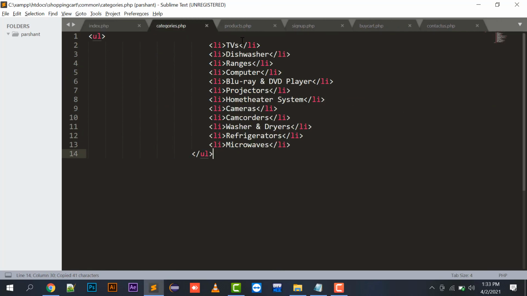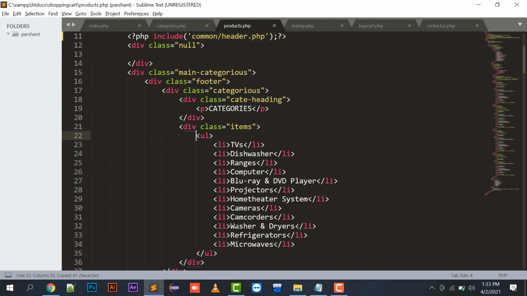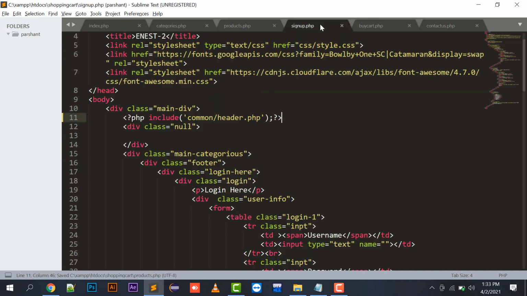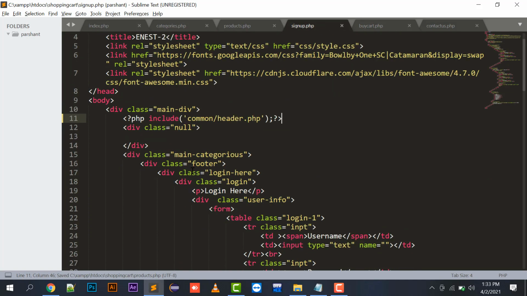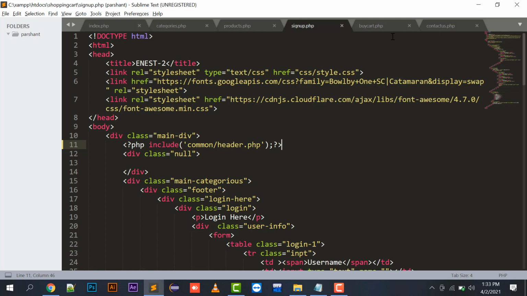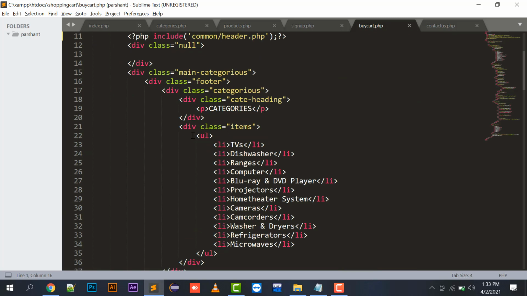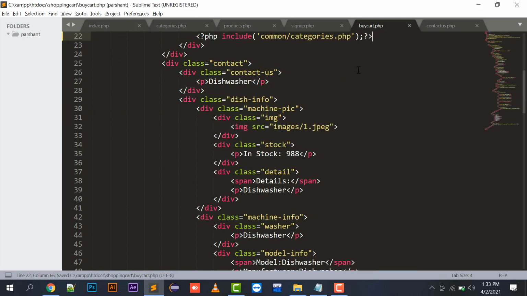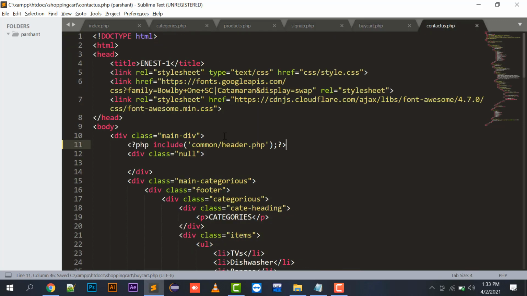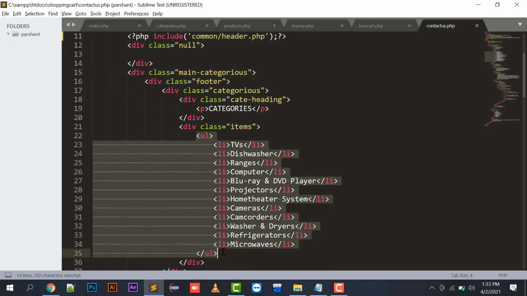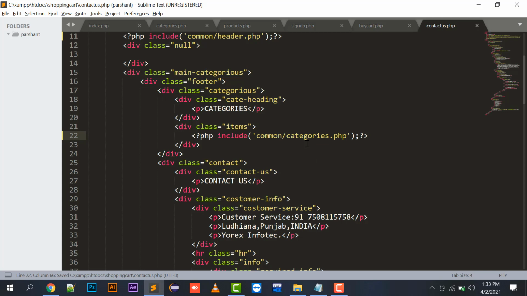I will update this in my other files also. I think login and signup do not have any categories on the left side. So in buycart also I will update, and in contact also I will update, right?